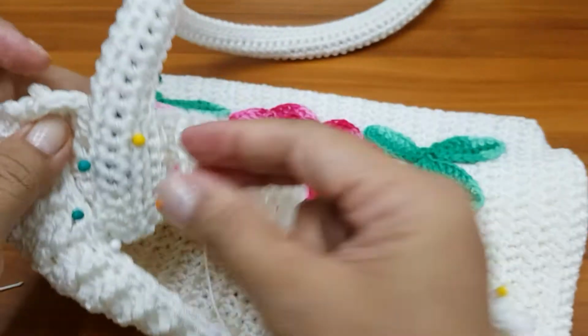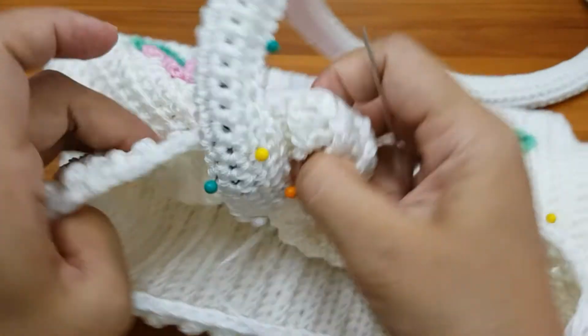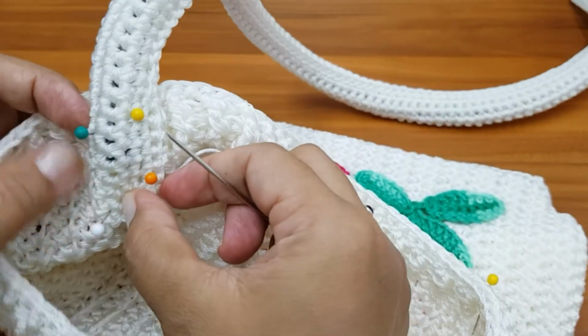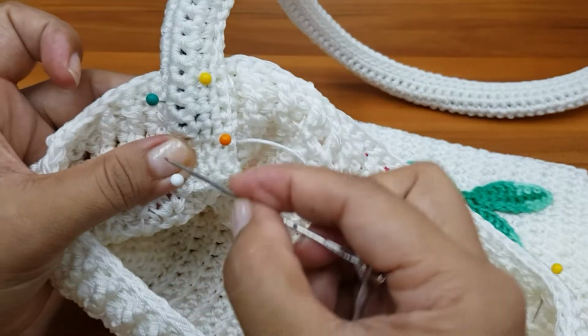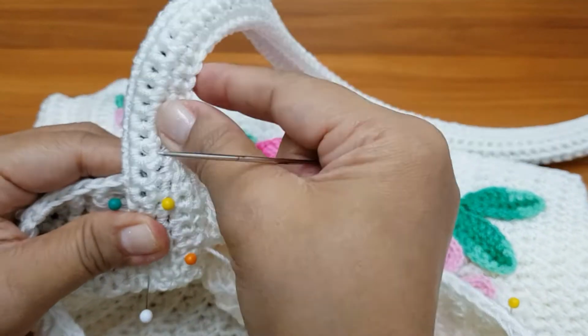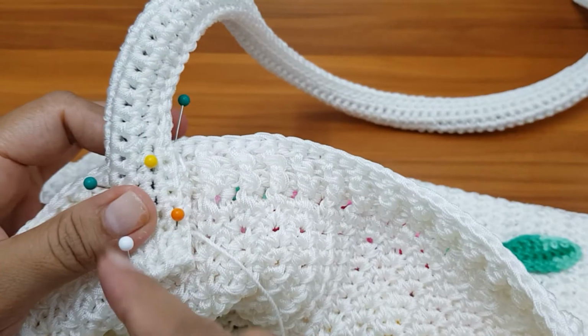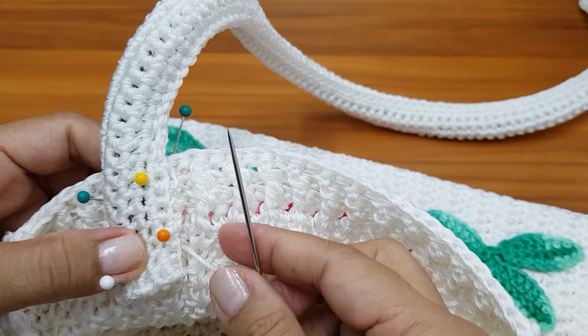So keep going from the top down and then all around until you top again. Okay, so this is how we attach it. So I'll see you when you have completed the stitches. All right,